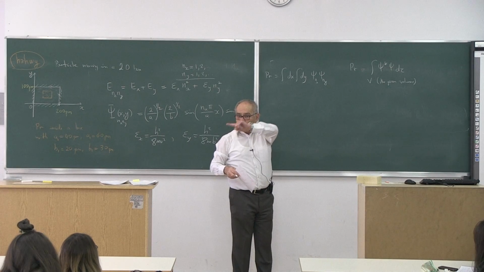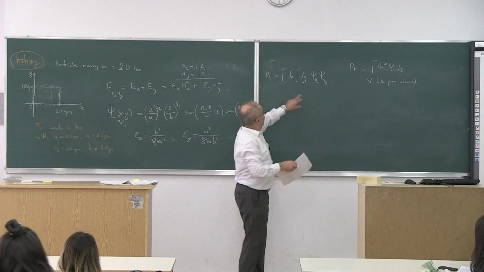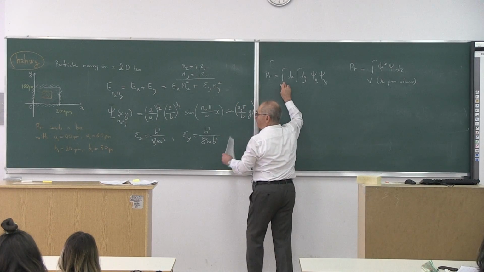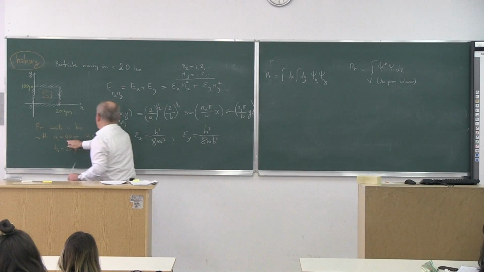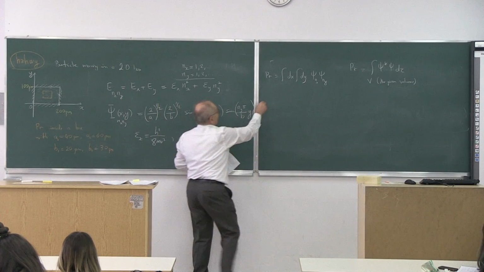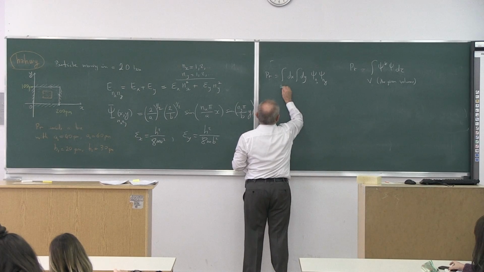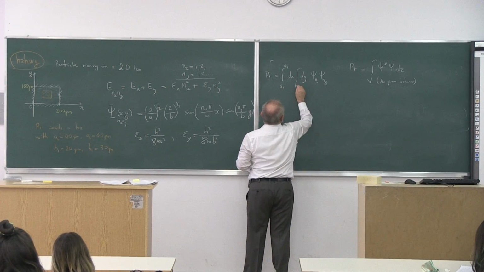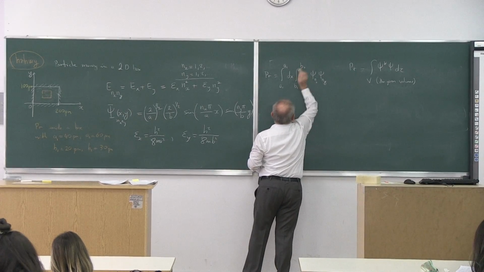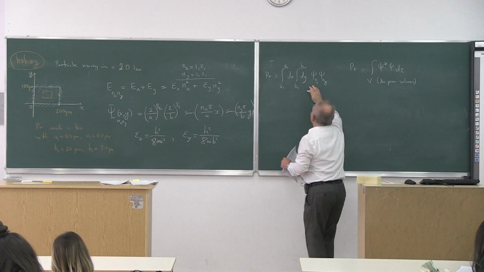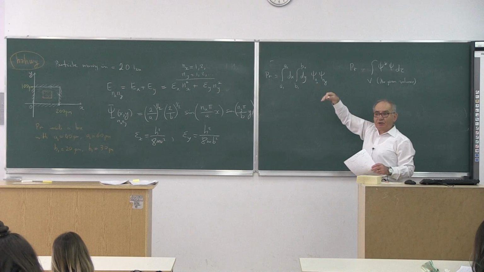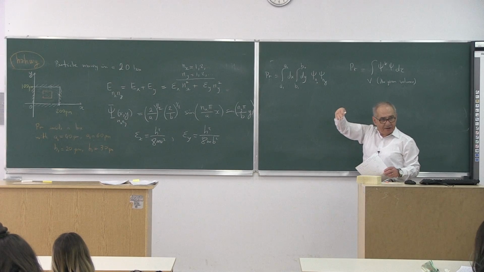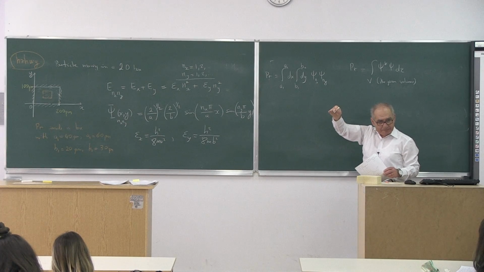This is a rectangular region. X goes from A1 to A2. And y goes from B1 to B2. This expression is going to give us the required probability. Okay? Now,